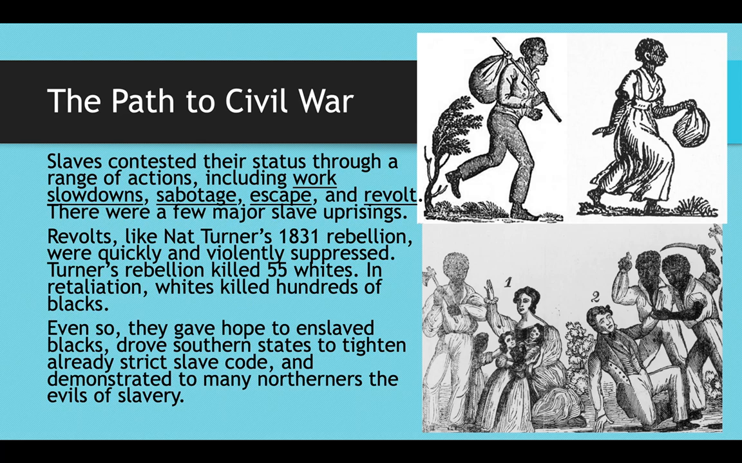thirdly, also demonstrated to many Northerners the evils of slavery, because when something like this happens, when you have blacks killing whites and then whites killing blacks in retribution, this is going to make national news, whereas an occasional, just everyday beating or overworking on a plantation would not make national news. And so this would really gain the attention of Northerners and make them want to